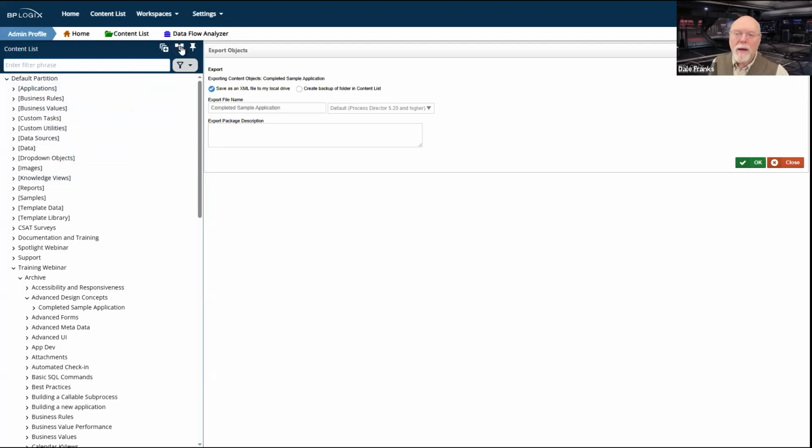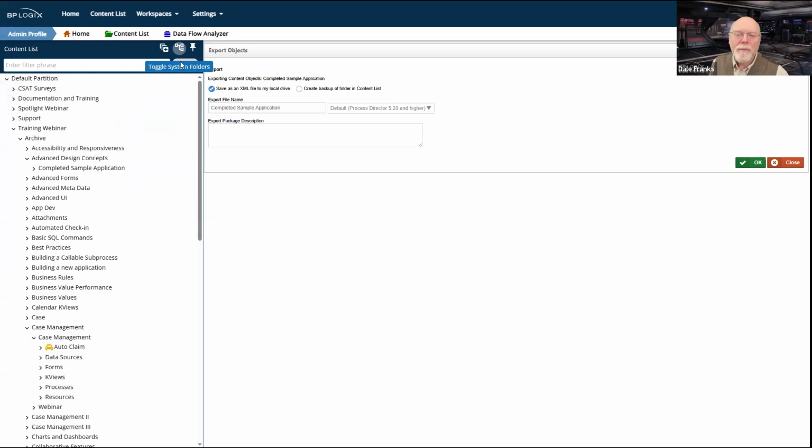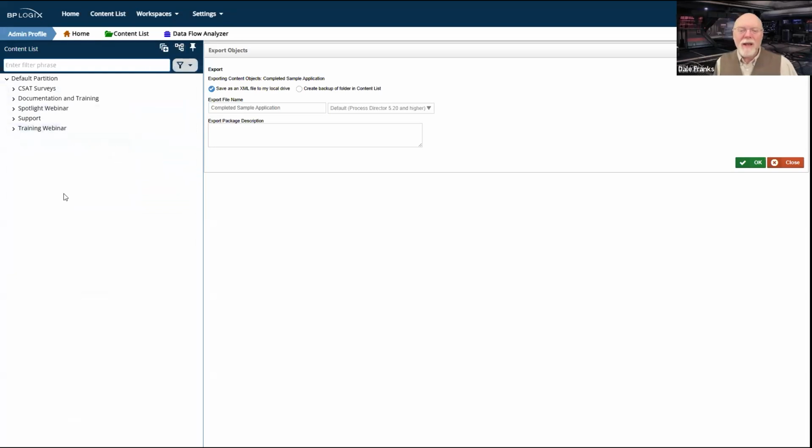That way, we can toggle them on or off, because most of the time you don't need to look at these, right? You don't need to see your image. In fact, they just clutter up your content list. So being able to turn them off and only seeing the top level content folders where there's actual application content, that's a real convenient thing to do.